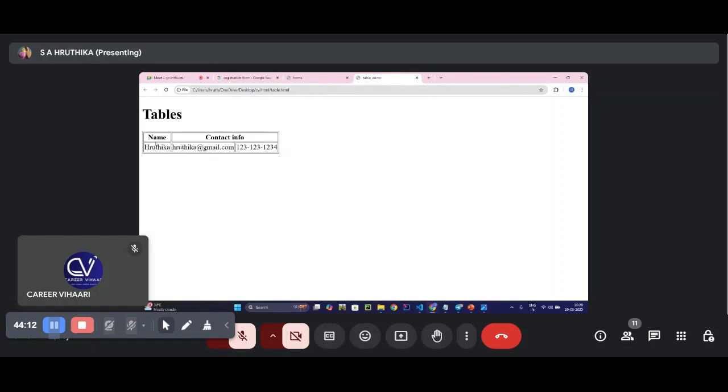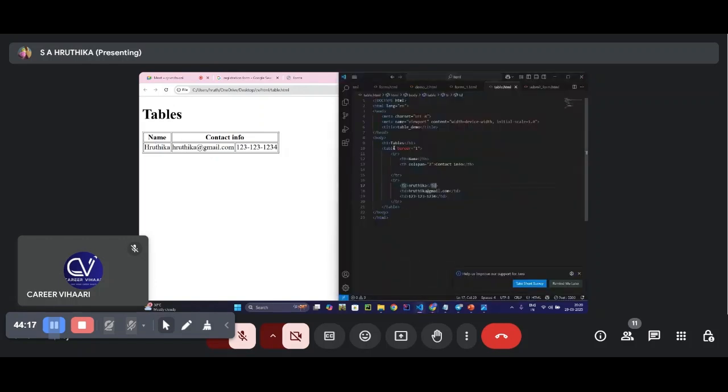If you see keenly here, let me keep the code beside. We are creating a table. In the first row, first cell, it is a heading, and the name is coming. In the first row, second cell, we are using a th, the heading tag, and